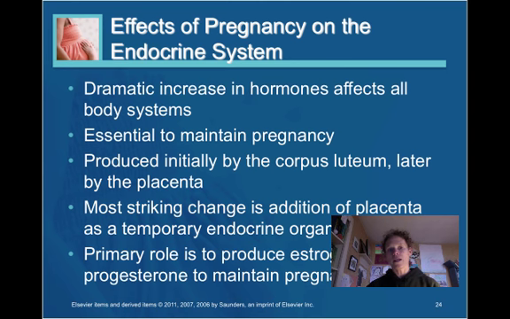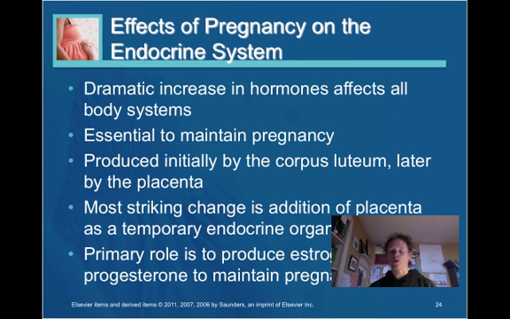Number one, in terms of systems, the endocrine system. There's a dramatic increase in hormones that's going to affect all body systems. These hormones, like we talked about in yesterday's lecture, are essential for maintaining pregnancy, the estrogen and progesterone primarily. Remember what we talked about yesterday: initially, these hormones are produced by the corpus luteum, and then later, the placenta